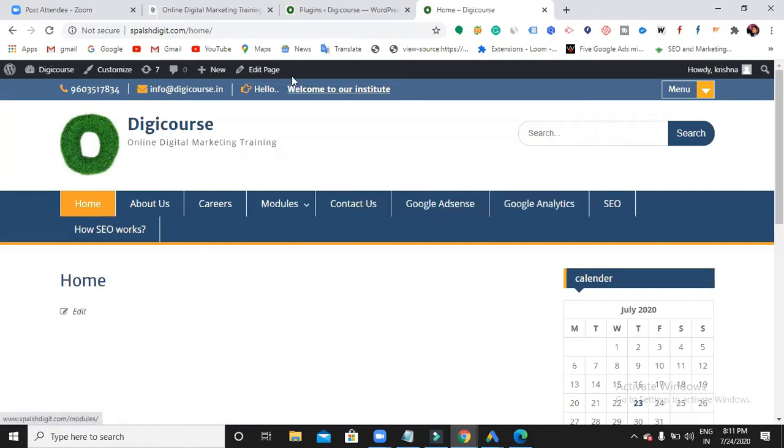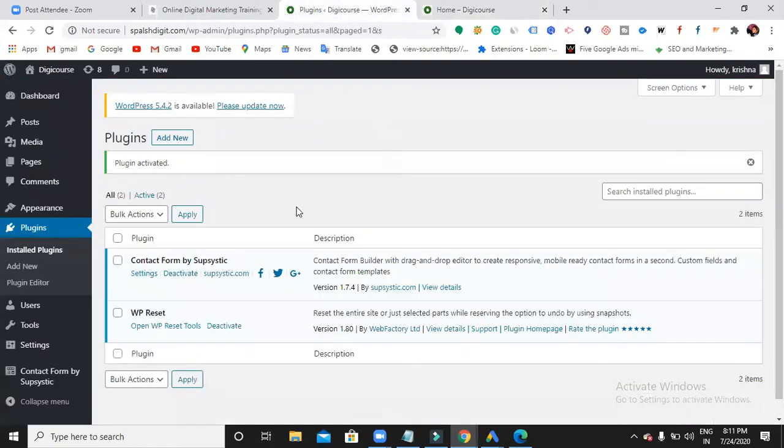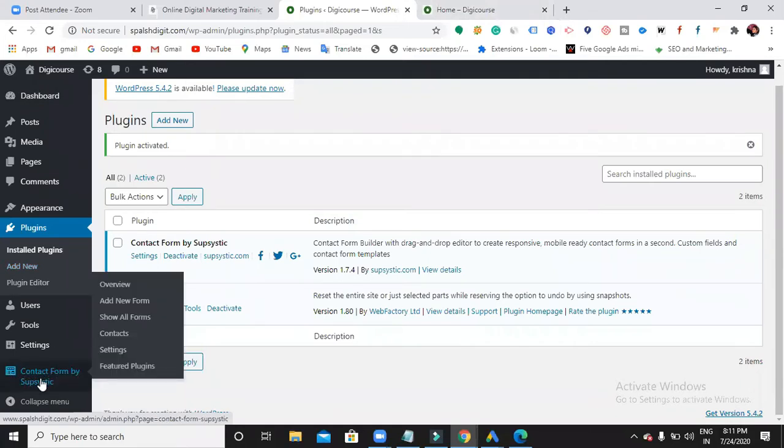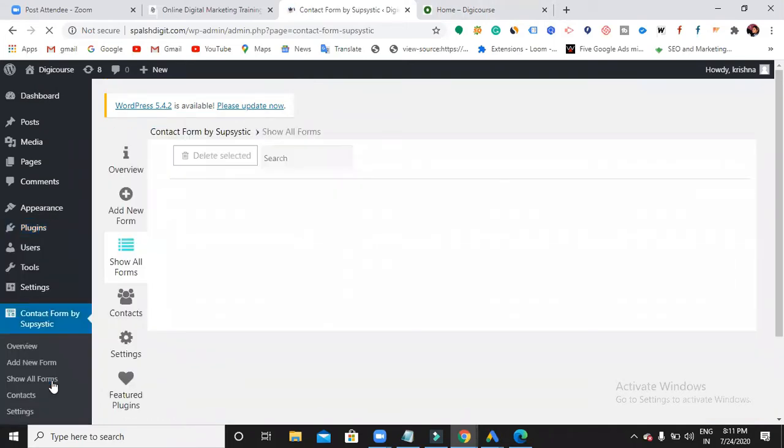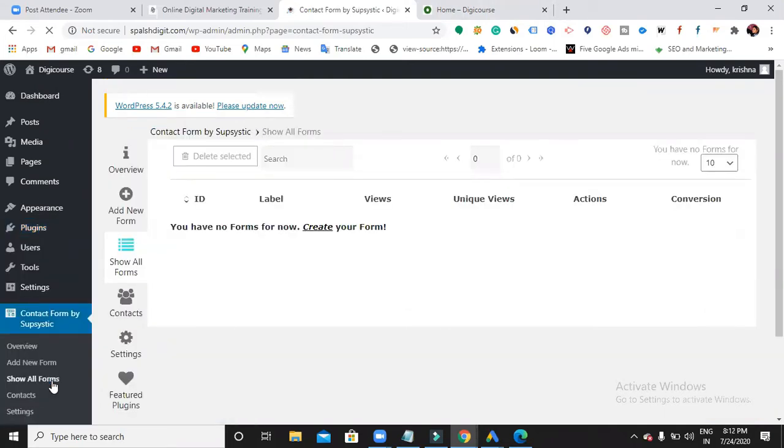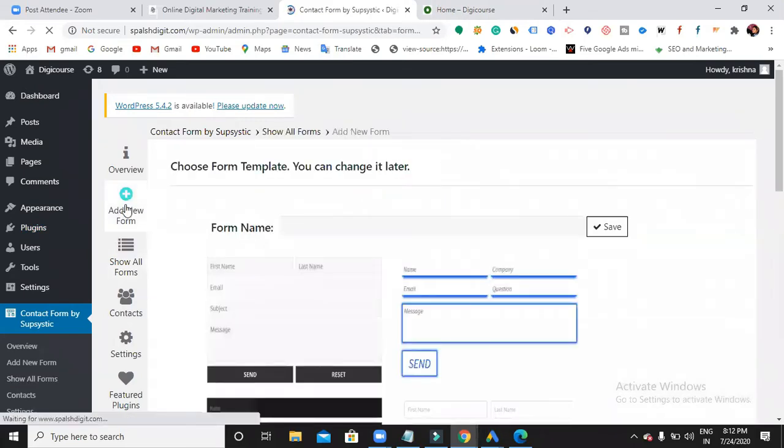Assign, yeah. So now what happens here again, it's not magic that once you install a plugin, it is going to appear in your website. No, you need to work on that. Can you see the left side? What is this? Contact Form by Supsystic. So earlier, did you find this option? No. So now with the help of the plugin, these are the options you can use happily. So now let's see what I can do with this contact form. Okay, so add new form now. We don't have any forms, we just need to create.